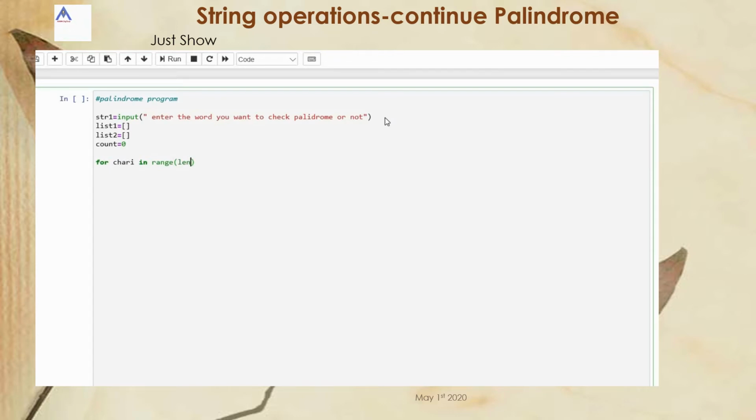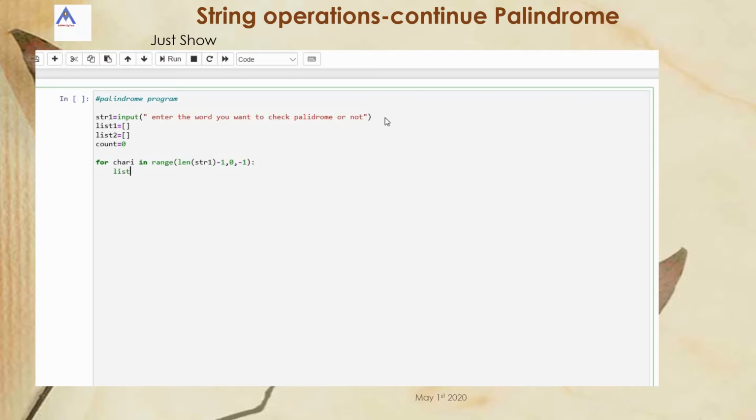For that I am using the len function on the given string 1, and I am using -1. There is a reason, because it should not be indexed out of bound. The initial value is this, and the final value becomes 0, and I am decrementing the length of the string by 1. So this is the logic in my program.